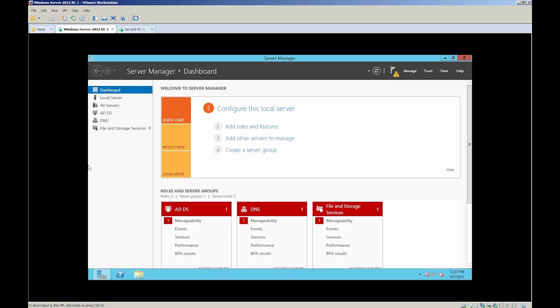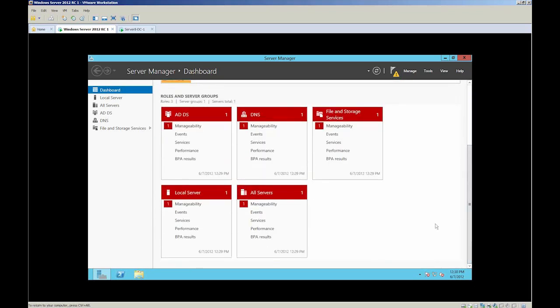All right. So what you should be looking at now is this is not a PowerPoint presentation anymore. This is the actual Windows Server 2012. This is a virtual machine that I'm running with Windows Server 2012. And the very first thing I want to show you in here is, again, we have these red boxes here. Let me scroll down. You'll see that it breaks this down into different roles and server groups, and in all of them, we've got this error under manageability.